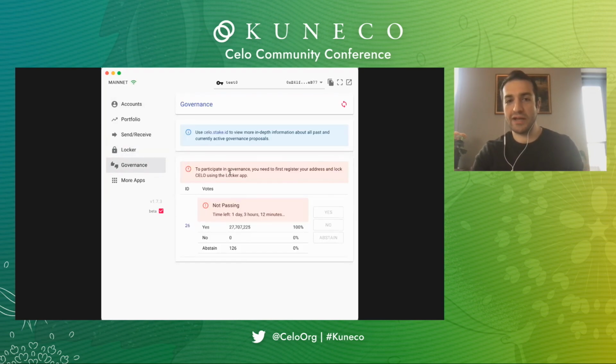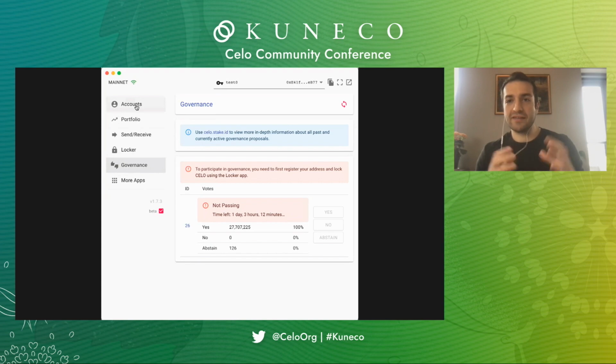And as you know, right now there is a vote going on, which is to vote for activating the cEuro part, which as you can see here, if I had some Celo locked, I would be able to vote on this too. So I'll demonstrate, to show the app ecosystem, one unique capability in Celo Terminal that's probably not possible anywhere else, which is support